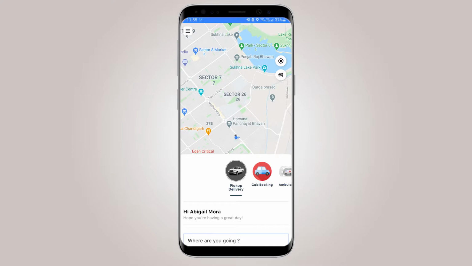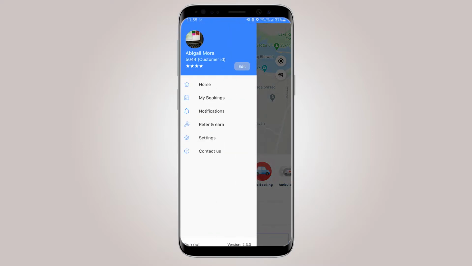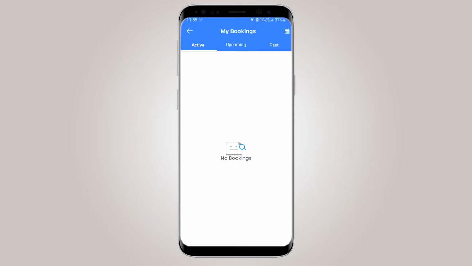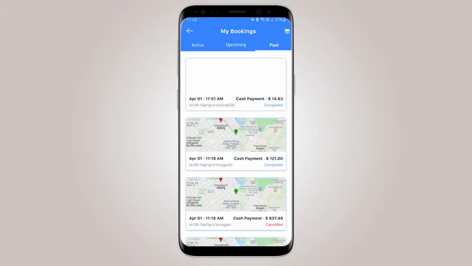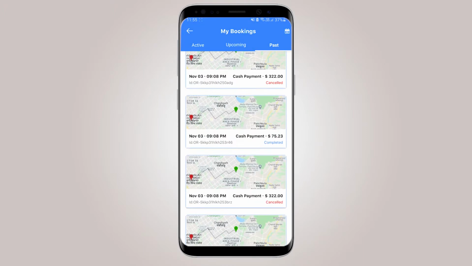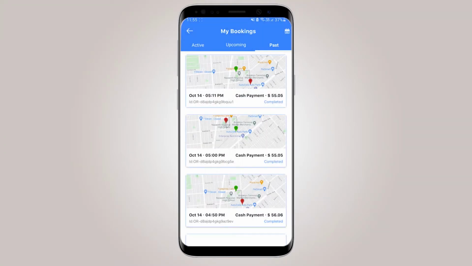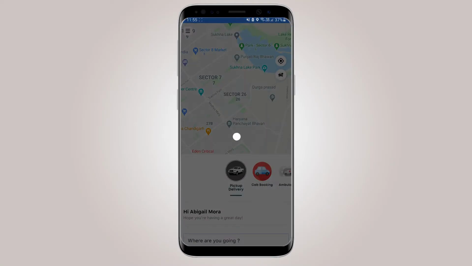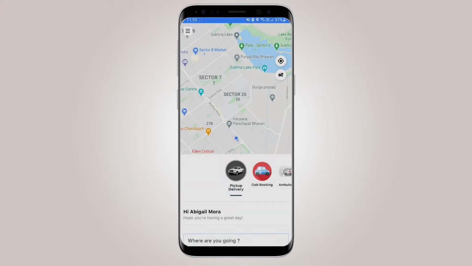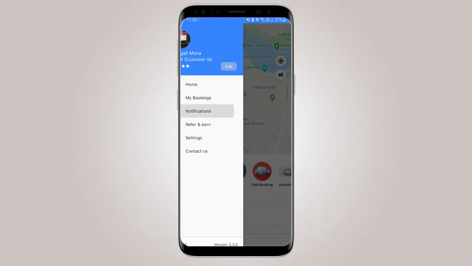Let's explore more features of the app. So here is my booking section. Here you will see the active bookings, upcoming bookings, and past bookings. So there are complete details of your booking, and second is notifications.